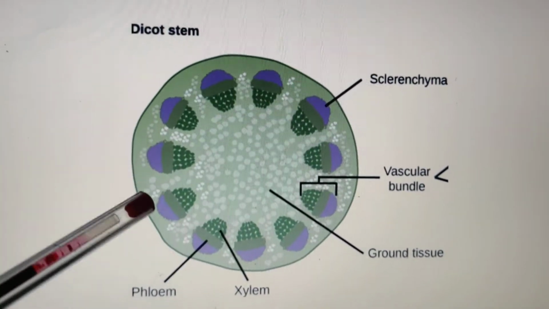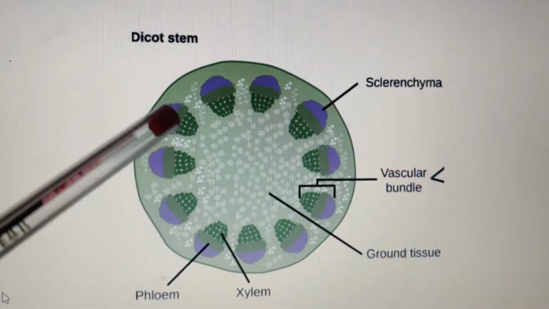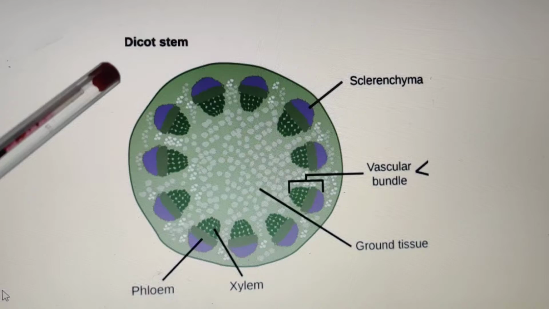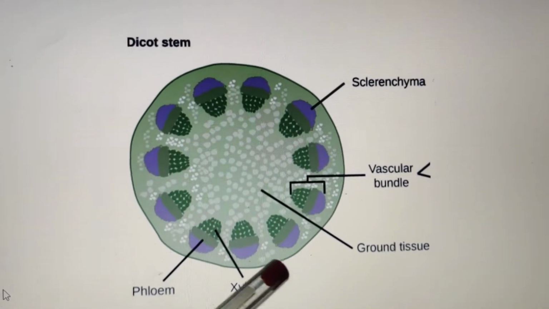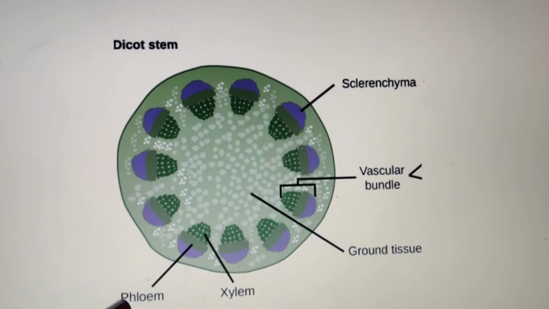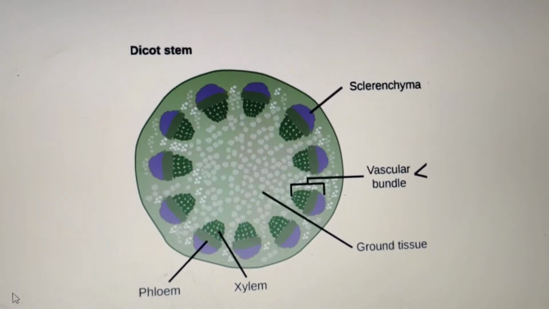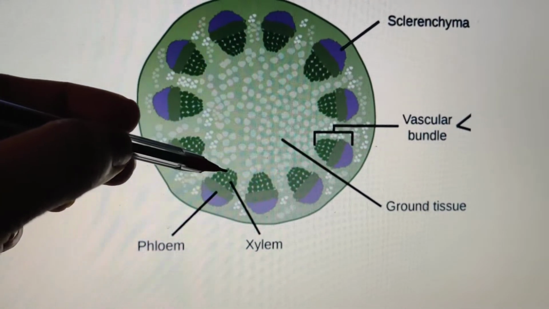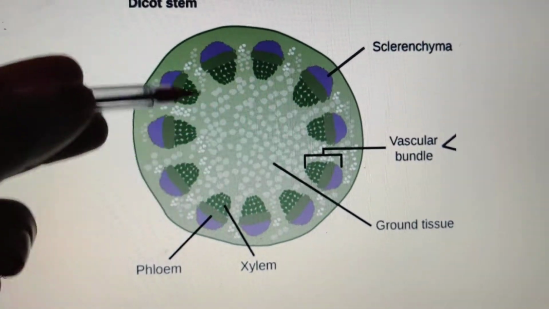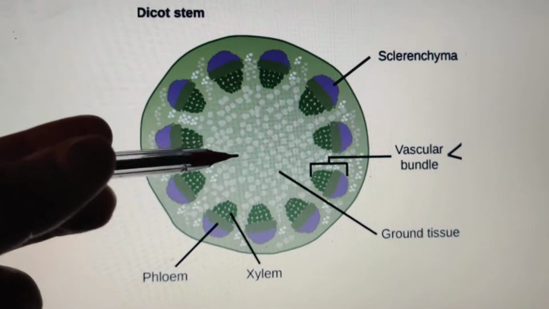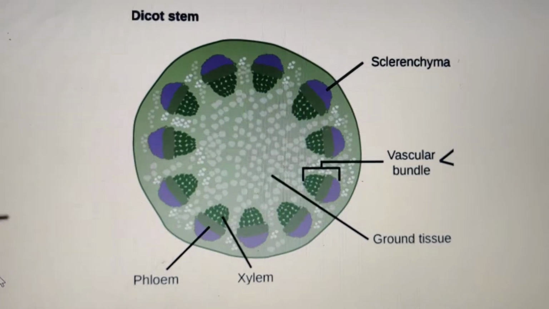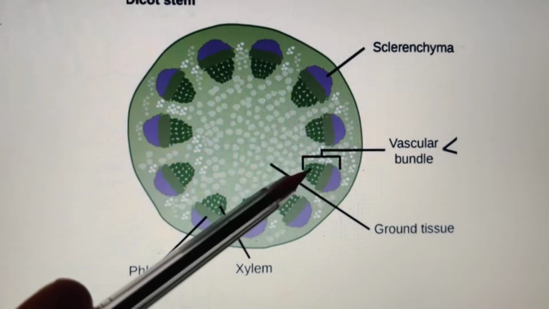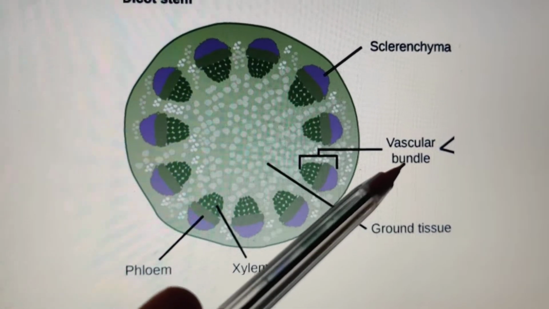Sometimes xylem and phloem can appear like this. This is the TS of a plant, a dicot stem. In this TS, we can see on the outer surface these are the phloem, and this is the xylem. And these are all the ground tissues: parenchyma, sclerenchyma, all these types of cells. These xylem and phloem together are termed vascular bundles.